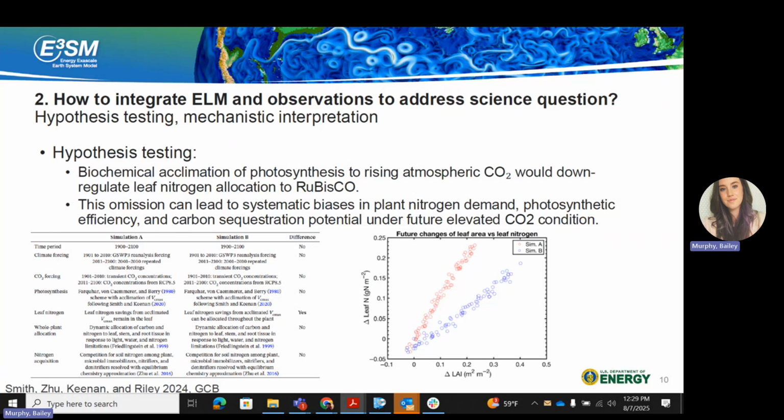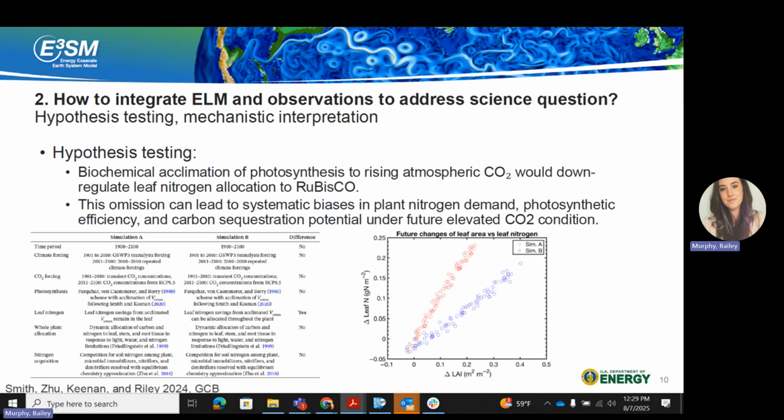And second example, how can we use it to address hypothesis? This is an example that we're thinking about, CO2 acclimation. So when CO2 concentration goes up, based on optimal theory, the Rubisco enzyme activity will go down. So you have a lower value of Vcmax25, which is reasonable. But what's the impact? Based on the observation, you might generate that hypothesis, but you don't know the quantitative answer. When that happened, let's say in the 21st century, how much carbon will be additionally saved because of that